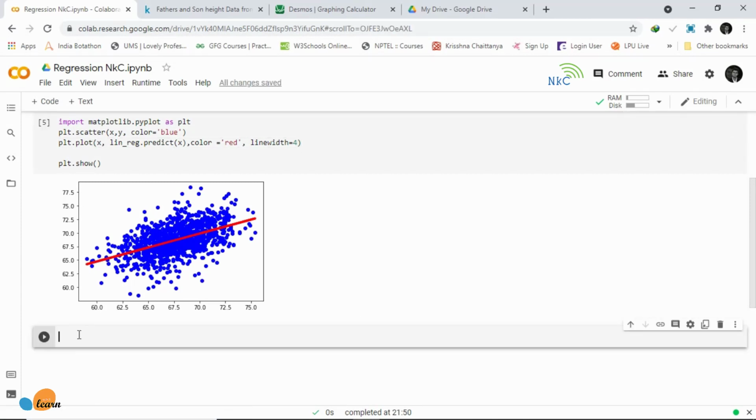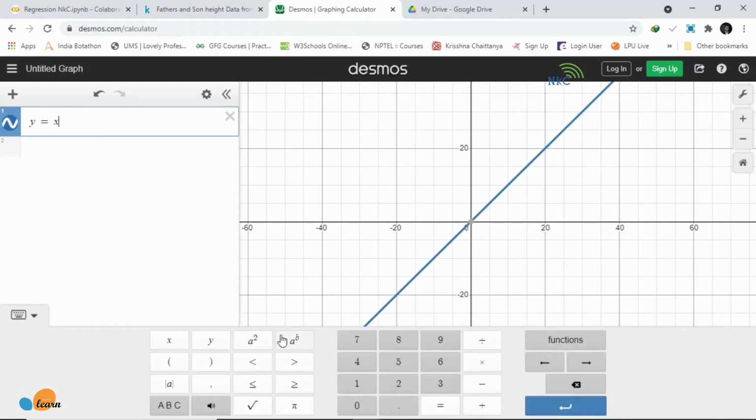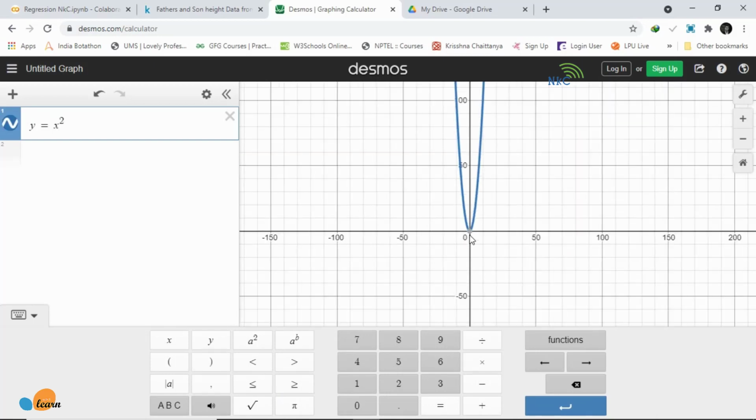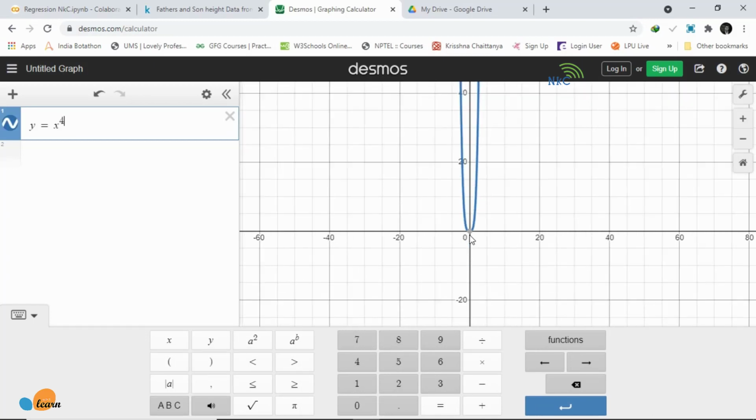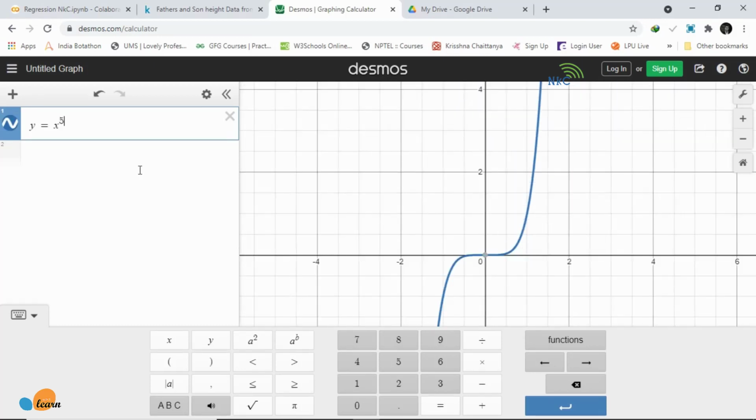But what if our data is not just a straight line? What if our data would be better fit by, if you will, more of a curvy line? And for that, we are going to need polynomial regression too. So let me navigate to Desmos. So we have y equal to x. Now what if our data is more complex? Well, all we have to do is raise the degree of x, so x to the third or fourth and fifth, etc., etc.